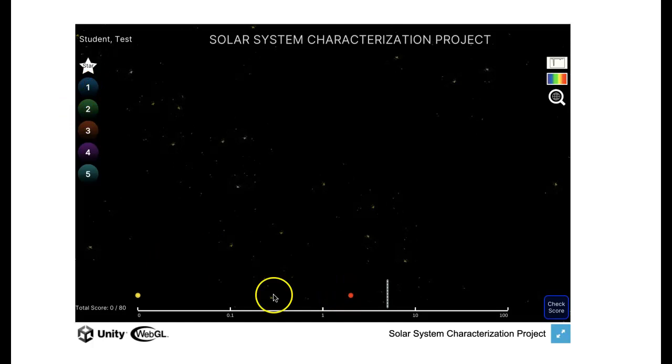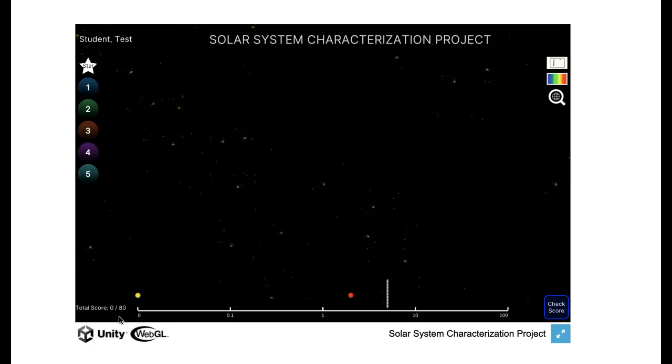Notice, for planet 1, I said that its orbital radius was like 2 AU. So as you go through the star, the planets and the frost line, as you work your way through the project, it draws a little diagram of what your solar system looks like. Once you're all done, and once you've got the score that you want on the project,